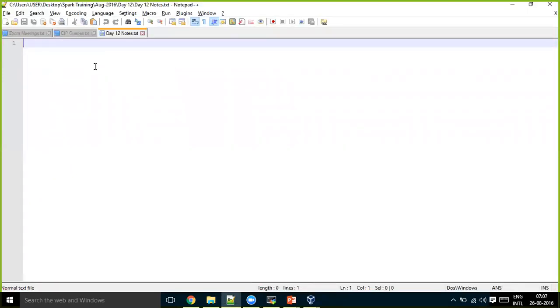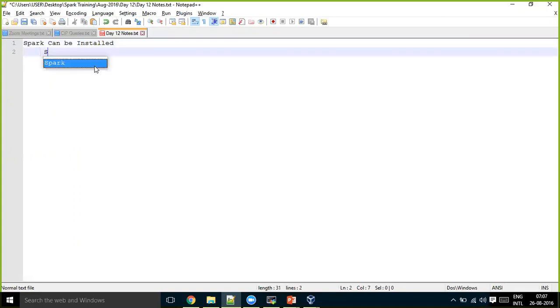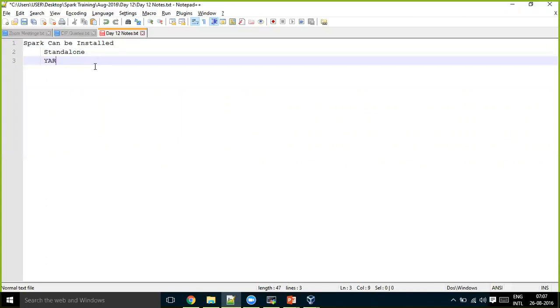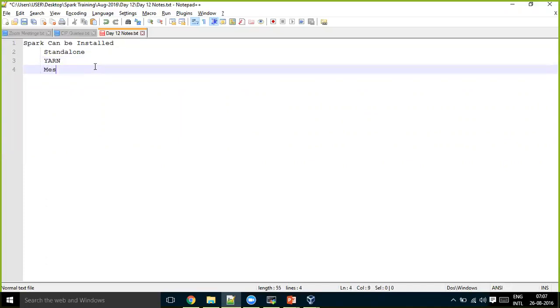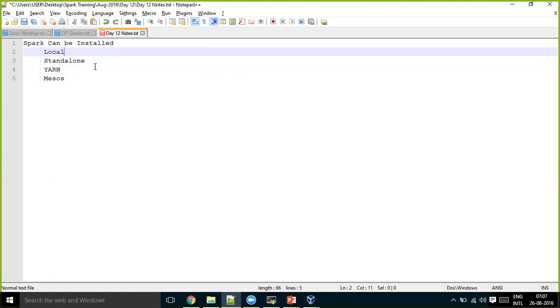Spark can be installed on either standalone, Yarn or Mesos, and the other way, not a distributed one, and it is local mode. In local mode, all the services run in one single JVM.